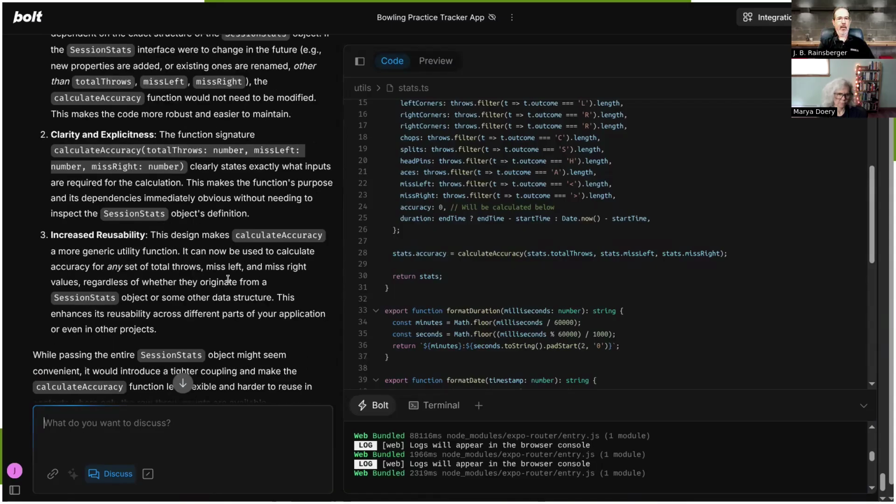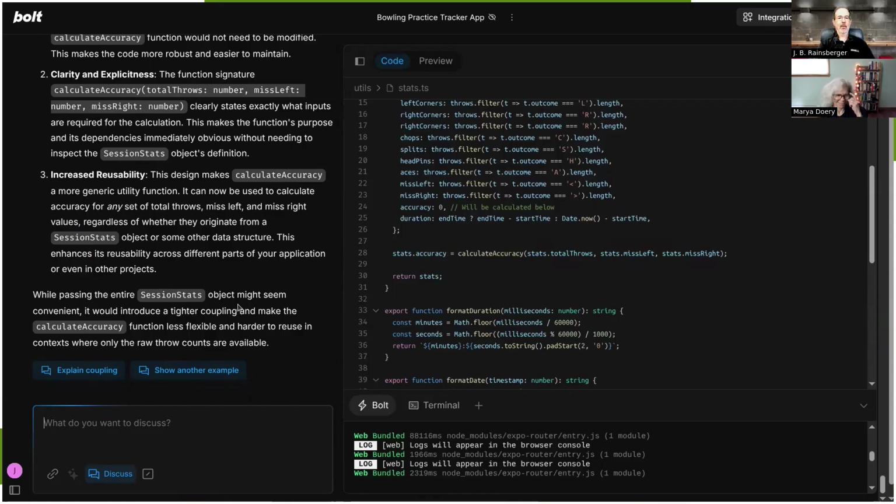I also understand that it is in principle more reusable because it makes fewer assumptions about where the count of the misses comes from. However, I genuinely think that this is more tightly coupled, not more loosely coupled.